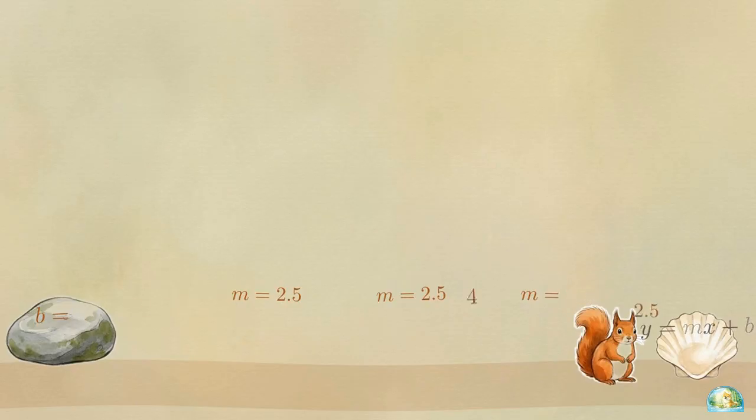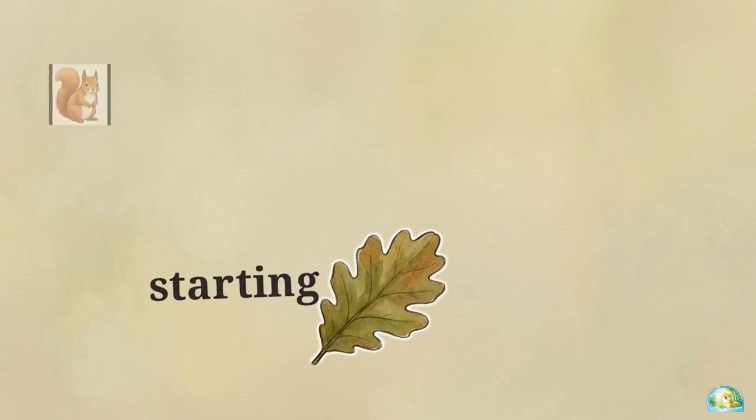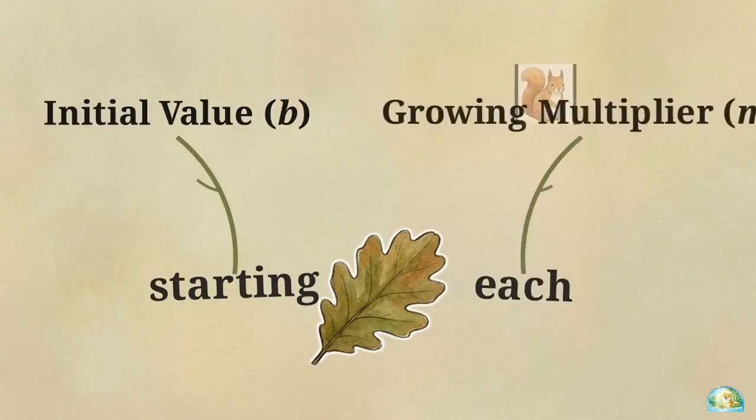Placing this repeating cost and fixed start fee into our y equals mx plus b template yields the final equation, y equals 2.5x plus 4. Verbal cues like starting and each are strict mathematical instructions. They dictate exactly which number is the fixed initial value and which acts as the growing multiplier for every mile